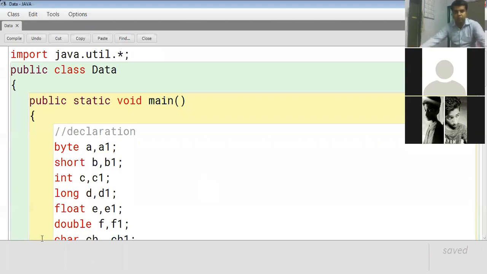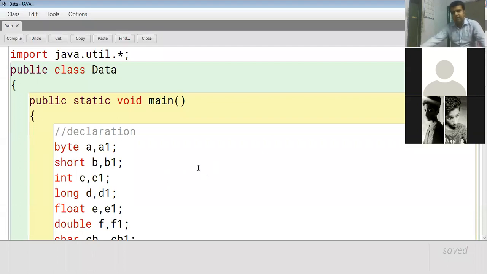Here there are so many Java tokens. You can see some special operators: asterisk, semicolon, dot, curly brackets. These are part of Java tokens.